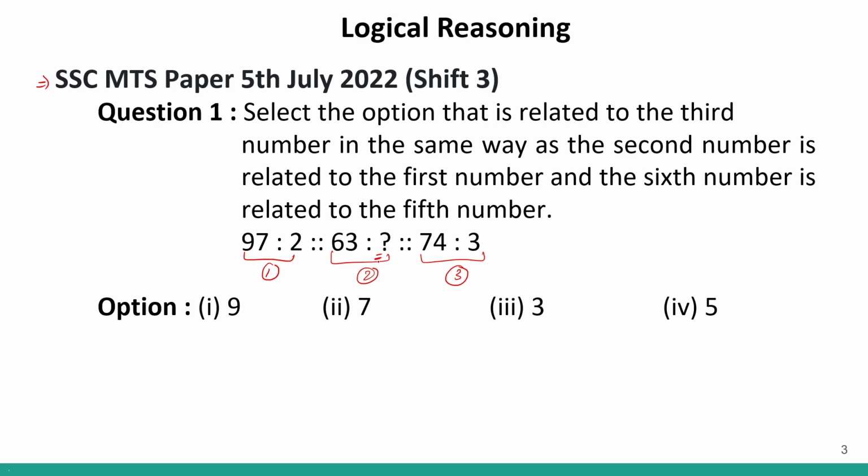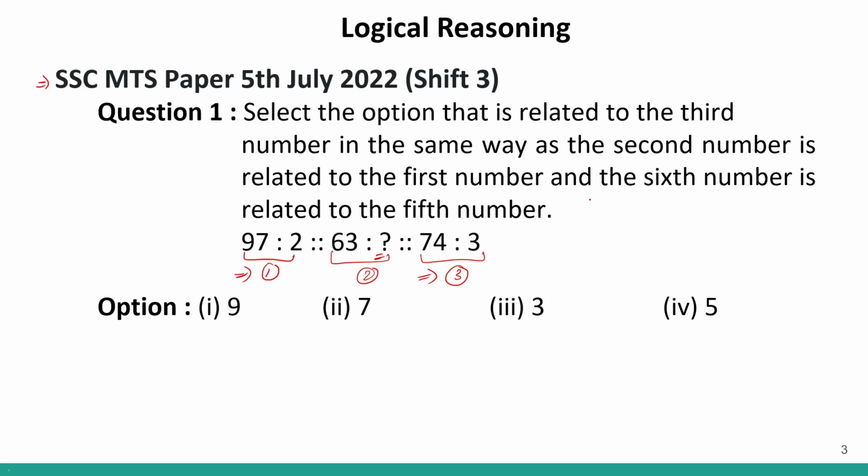So whenever we solve questions on analogy, there are two things that we do. First, we identify the pattern used for pair number 1 and pair number 3, correct? So we'll identify a pattern in pair number 1, we'll cross check the pattern with pair number 3, and second thing, we use the same pattern to find the missing element in pair number 2. So this is the two-step method that we use to solve any analogy.